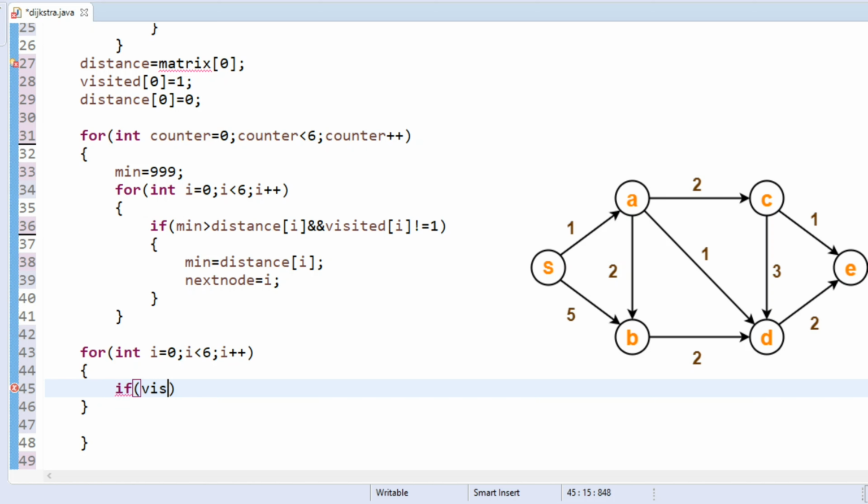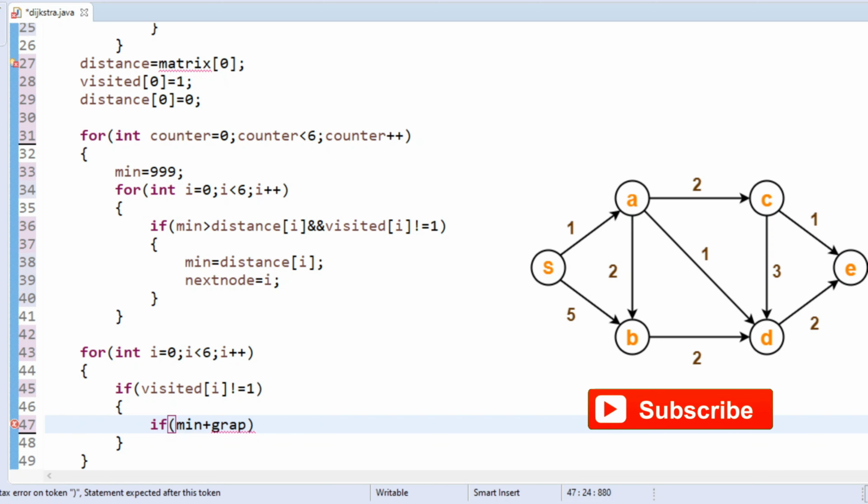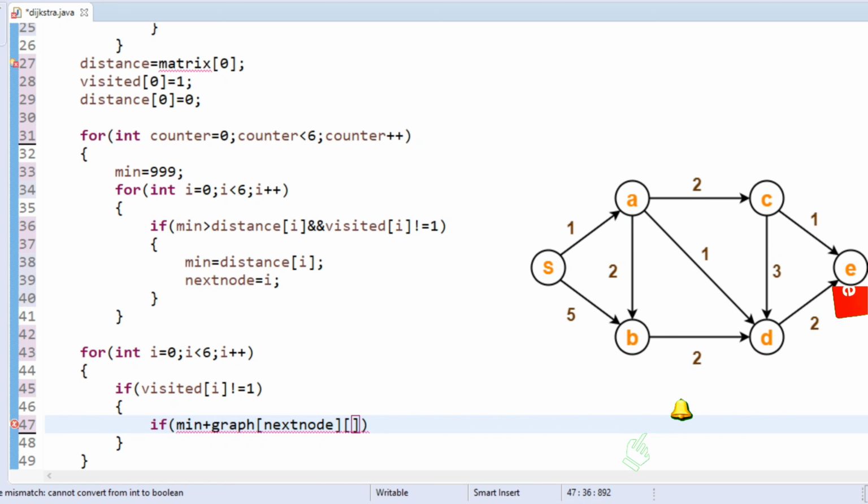Okay, if visited of I not equals 1, and if min plus graph of next node and I is less than the distance of I. So here this represents that if the minimum plus the graph edge value is less than the distance of that vertex, we are going to update the distance.